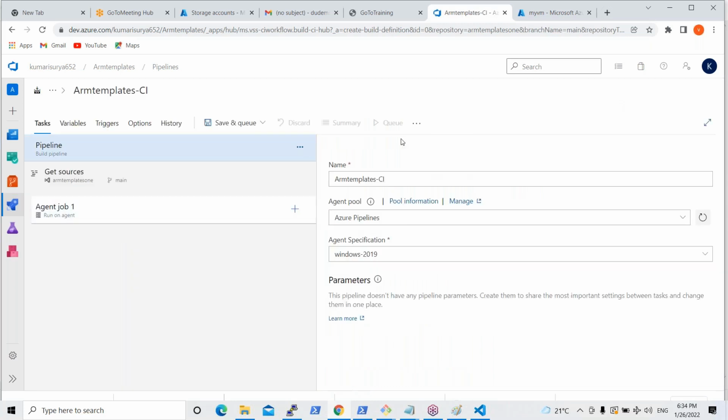Here it is. If you click on the empty job, it will show one is pipeline, another one is get sources, third one is the agent job, right? First click on pipeline, right? If you click on pipeline, it is showing the name, agent pool and agent specification, right? I am going to change the name to ARM templates deployment,